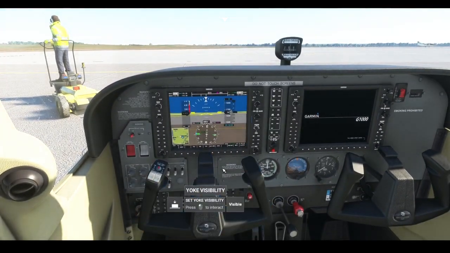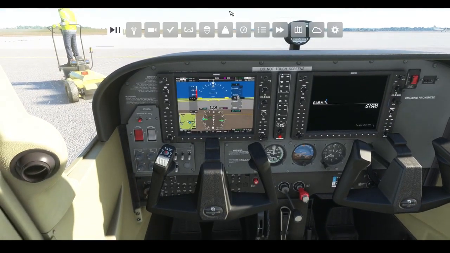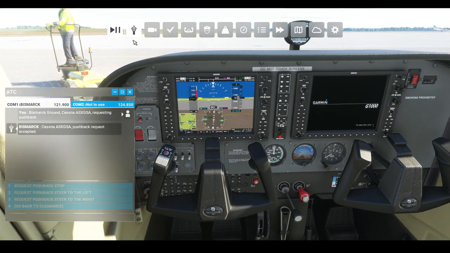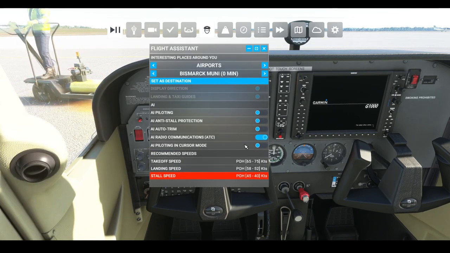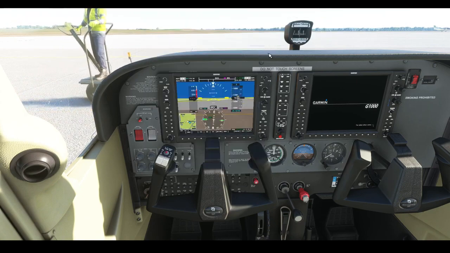There we go. Ground, Cessna Alpha Sierra X-ray Golf Sierra Alpha requesting pushback. Cessna Alpha Sierra X-ray Golf Sierra